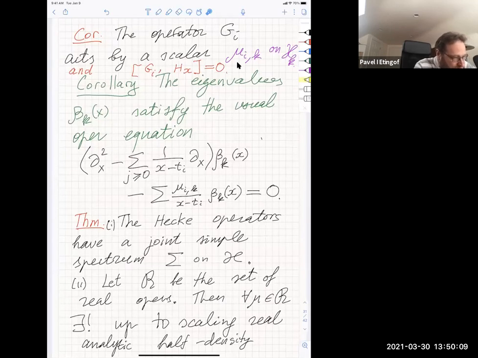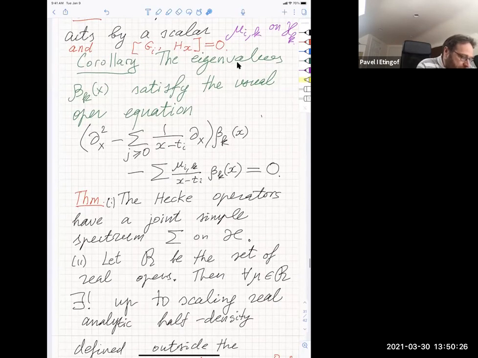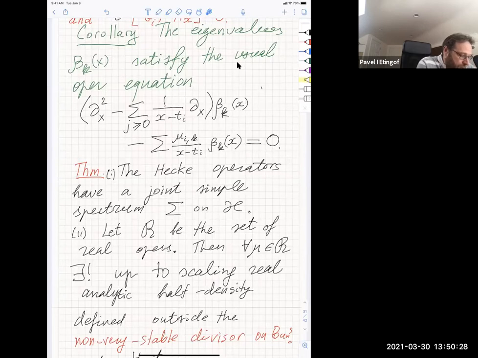This is actually a deep result of Dennis Gaitsgory, and although for SL2 maybe there is a simpler proof, it's irreducible, and therefore the eigenfunction is unique up to scaling. And also, if you look at the set of real opers, which are opers with real monodromy